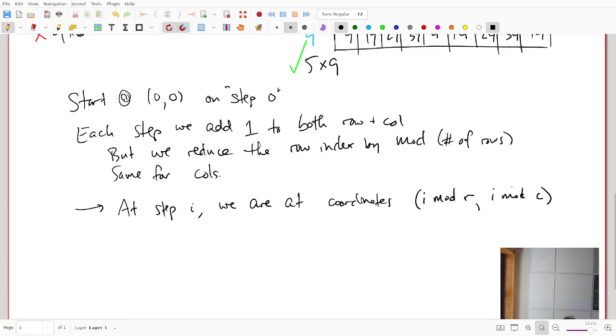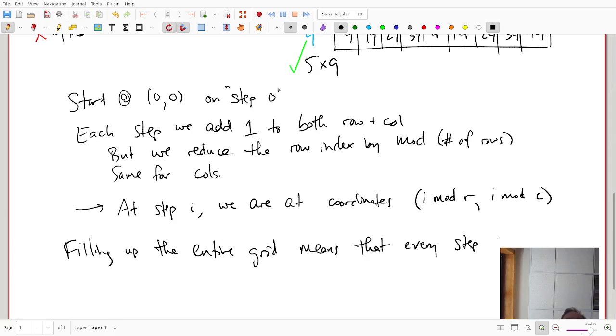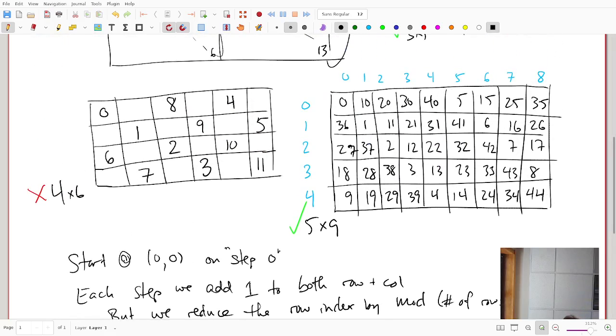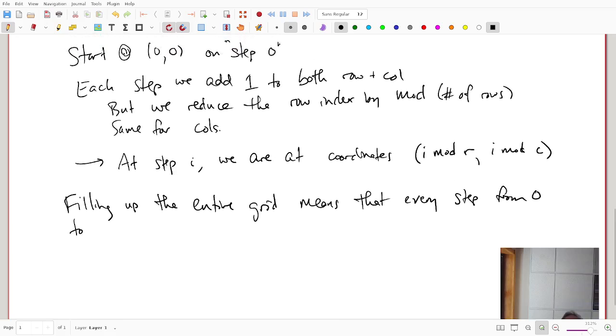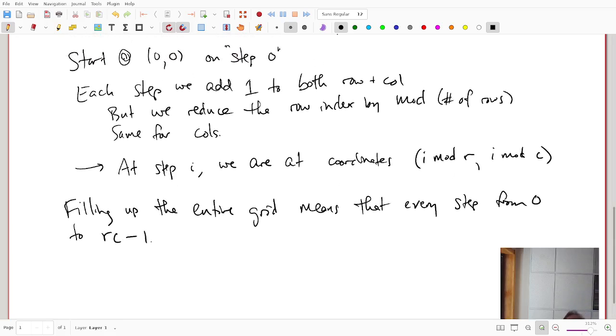And so filling up the entire grid means that every step from 0 to, well, what is the last number, by the way? How do I know what number I'm going to get as the very last thing? Dora? Yeah, exactly. The number of cells I have is the number of rows times the number of columns, but since I'm counting starting at 0, I get minus 1. So every step from 0 to RC minus 1